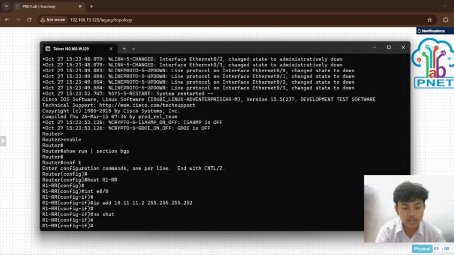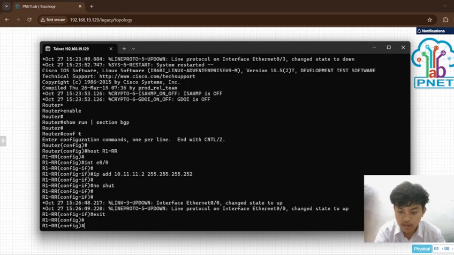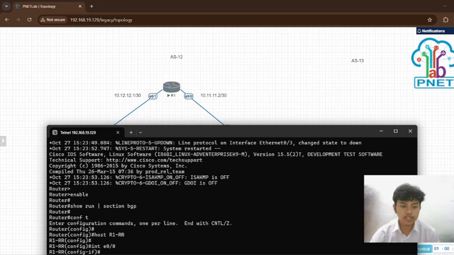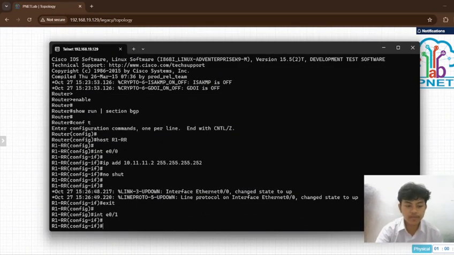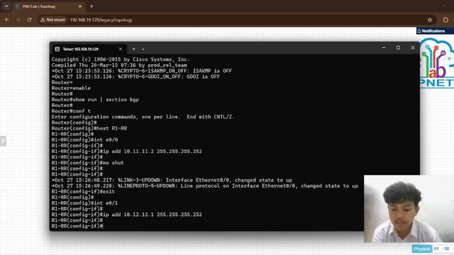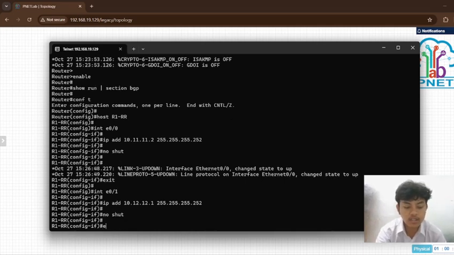After that exit. Now configure interface Ethernet 0/1, IP address 10.12.12.1 and the subnet mask, enter, then no shut, and exit.